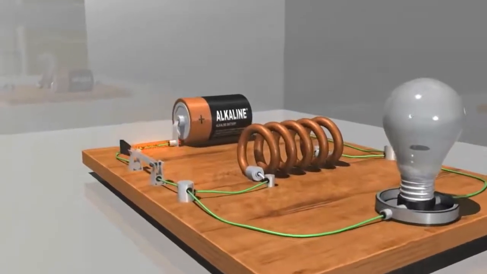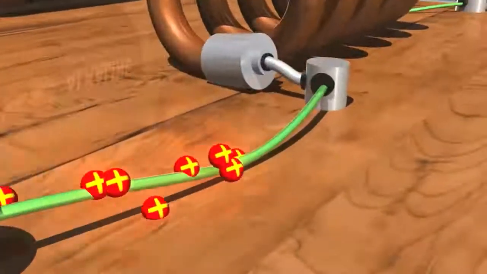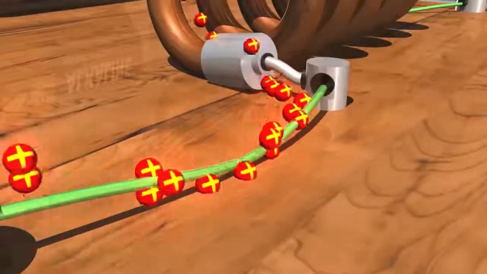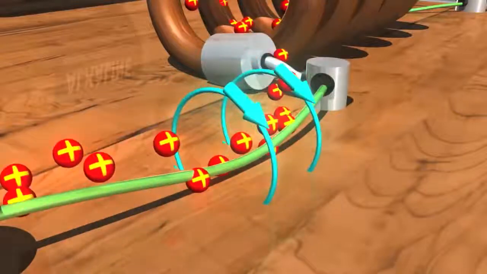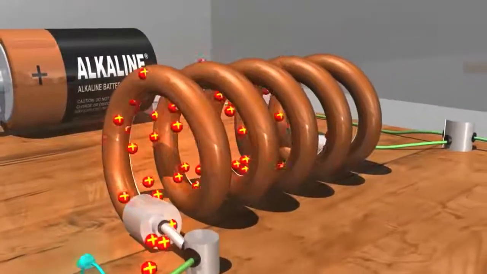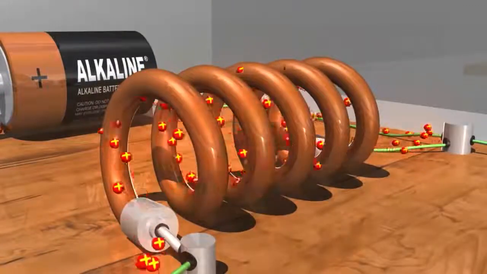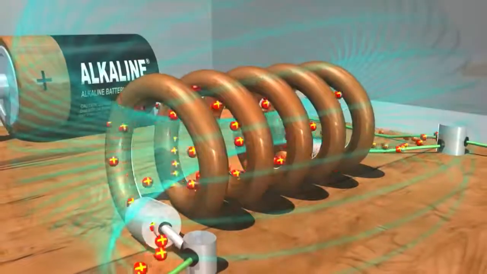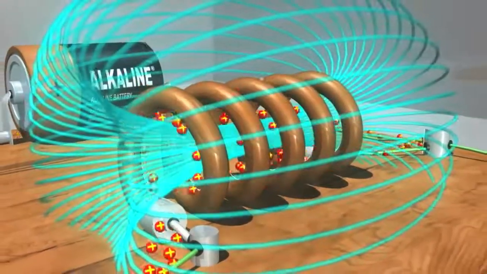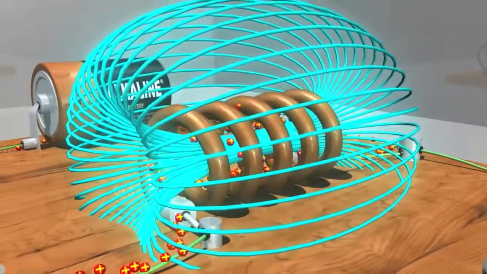When we power this circuit, the electrons in the current create a magnetic field around the wire as they move through it, as shown by these blue arrows. If the wire is formed into a coil, like this inductor, the magnetic field lines converge in the center. They gradually build up to a maximum magnetic field that is much stronger than the one around the straight length